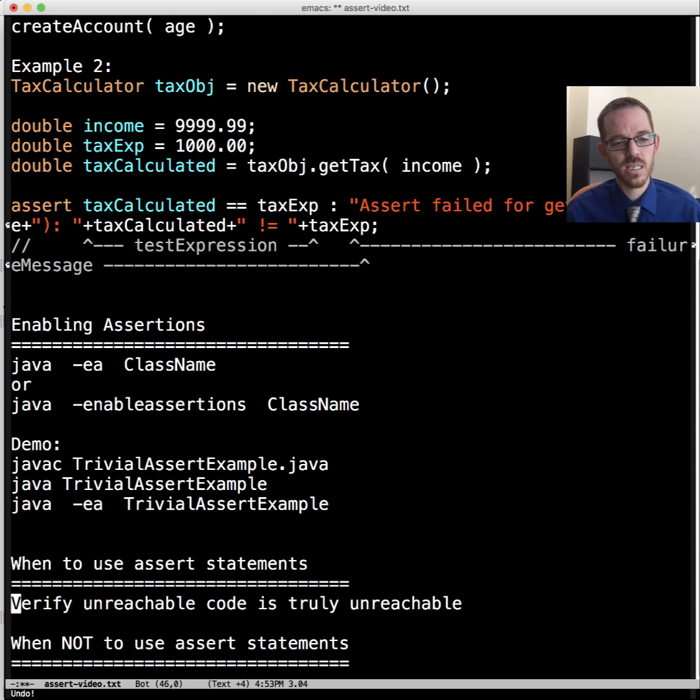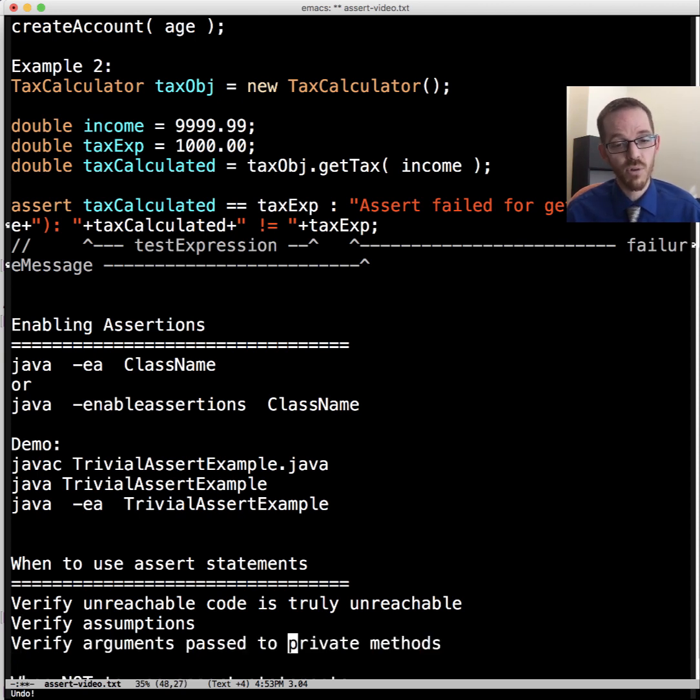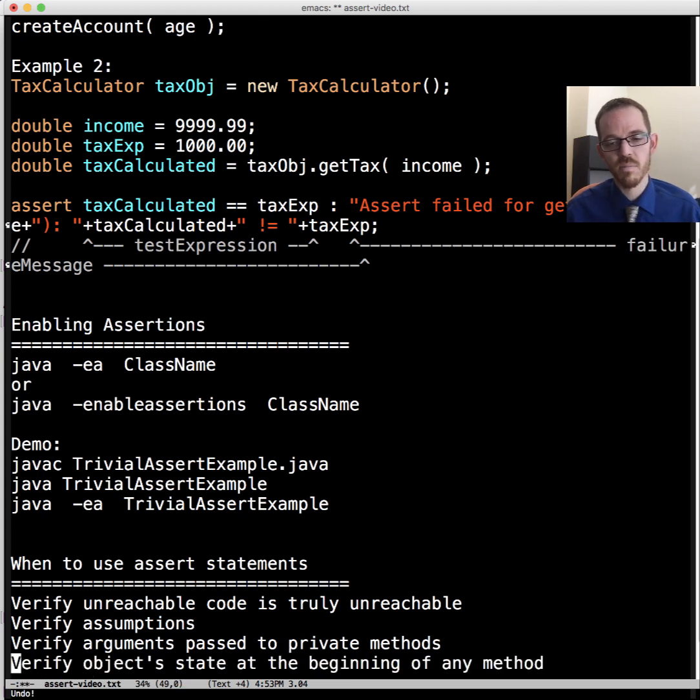And in general, it's to verify other assumptions as well. We can also verify arguments passed to private methods, but not public, just private methods. Hey, I'm expecting these are the conditions, and so let me verify that. So those are good times to use assertion statements.